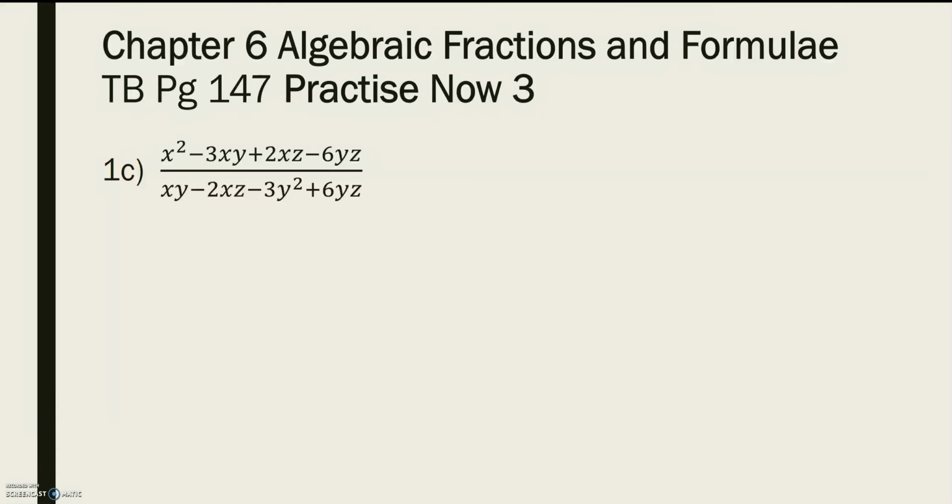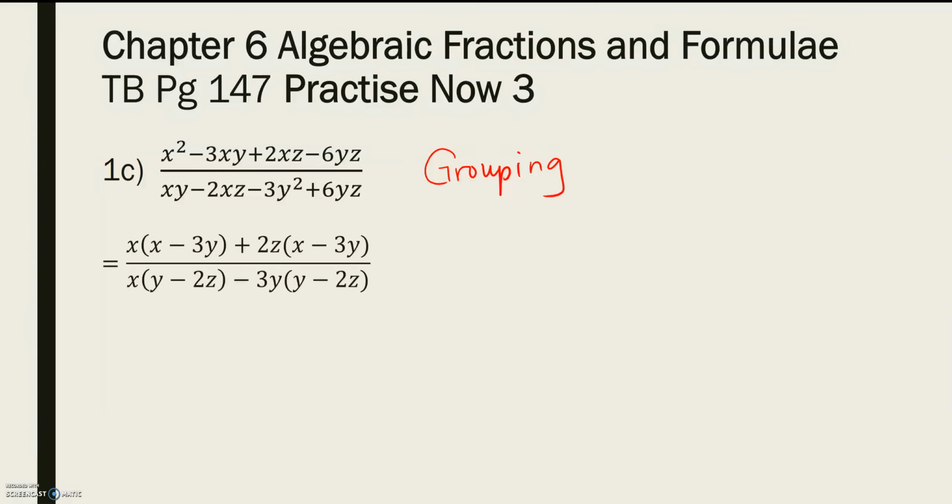In the third question, 1c, given this long string of 4 terms in both numerator and denominator, whenever given 4 terms, you would want to factorize by grouping method. So you will group the 2 terms each in the numerator and denominator in order to extract the common factor from each pair. So in this second step, you will see that in the first pair, you can extract out common factor x from x squared minus 3xy, and from the second pair you extract out the common factor 2z,